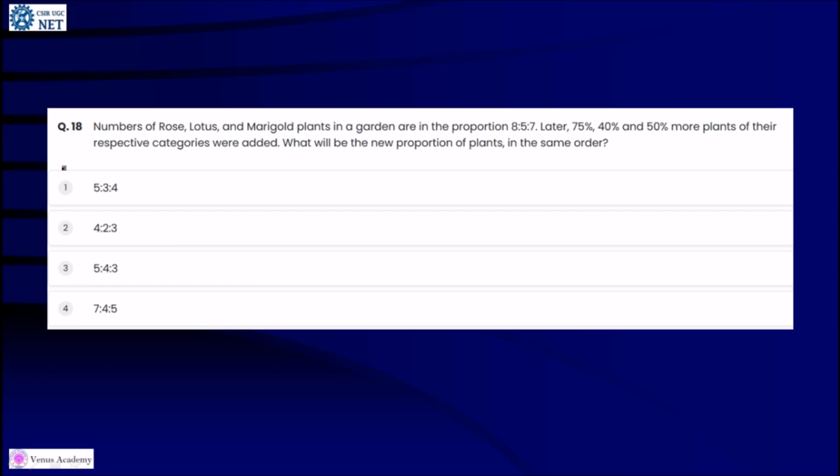Next. Question number 18. Numbers of rose, lotus and marigold plants in a garden are in the proportion of 8:5:7. Later 75%, 40%, 50% more plants of their respective categories were added. What will be the new proportion of plants in the same order? The correct option for this question is option number 2. 4:2:3 is the correct option, students. Next,